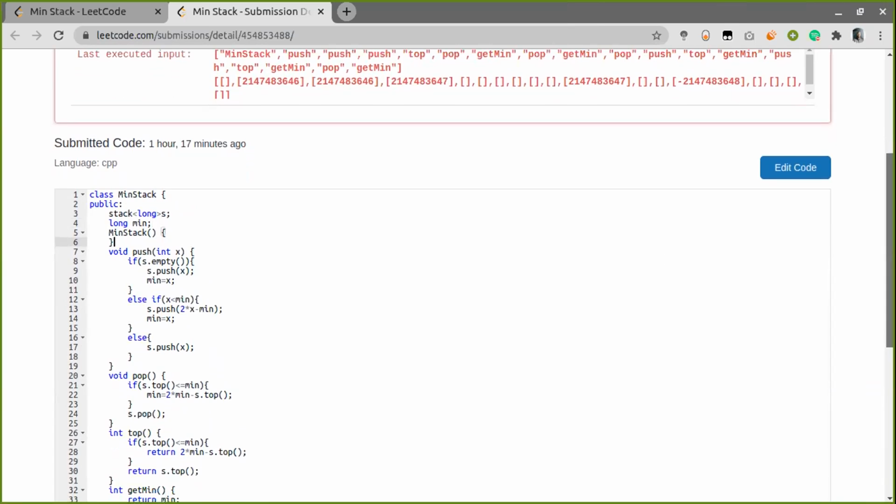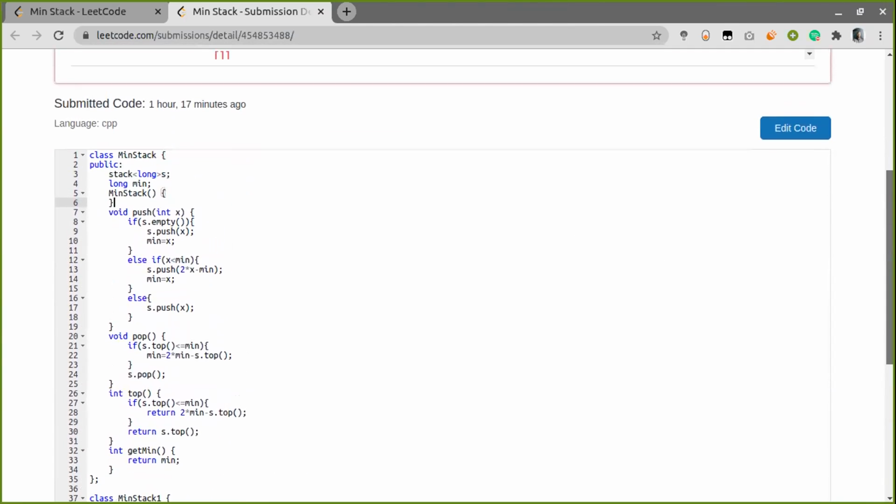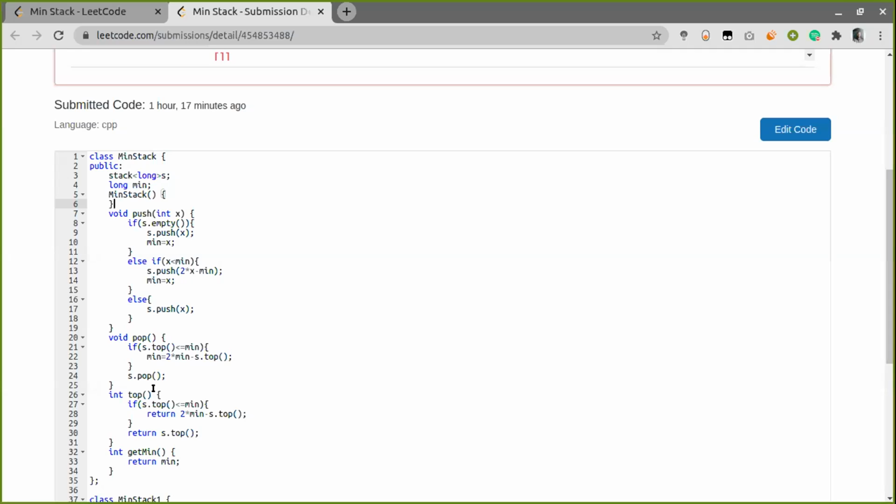But okay, you tried with long. So is this working? No. I think there is an issue when I am returning it. So I think it will work if I just typecast the return value, or even if I use the long here. But I will try it later. Okay.